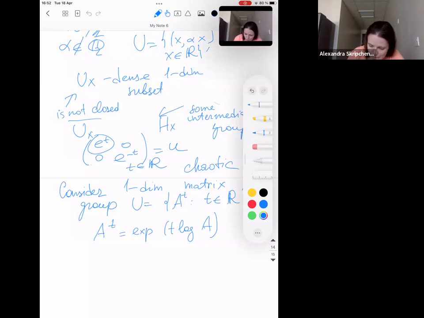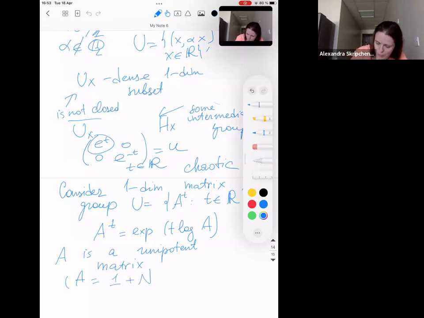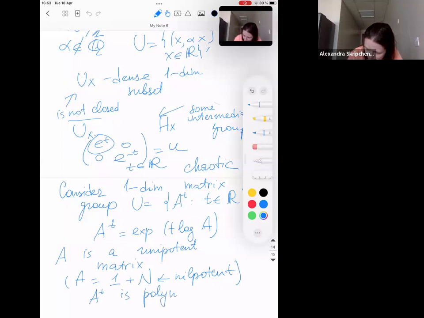Typically, coefficients of A^t may contain some exponential part. But if we require a little bit more from A, namely, if we want A to be a unipotent matrix, which as before just means that you take an identity and sum up with some nilpotent matrix, as in our context of the Dani-Margulis theorem, then A^t is simply polynomial in t. So maybe it will be enough to get rid of this exponential part